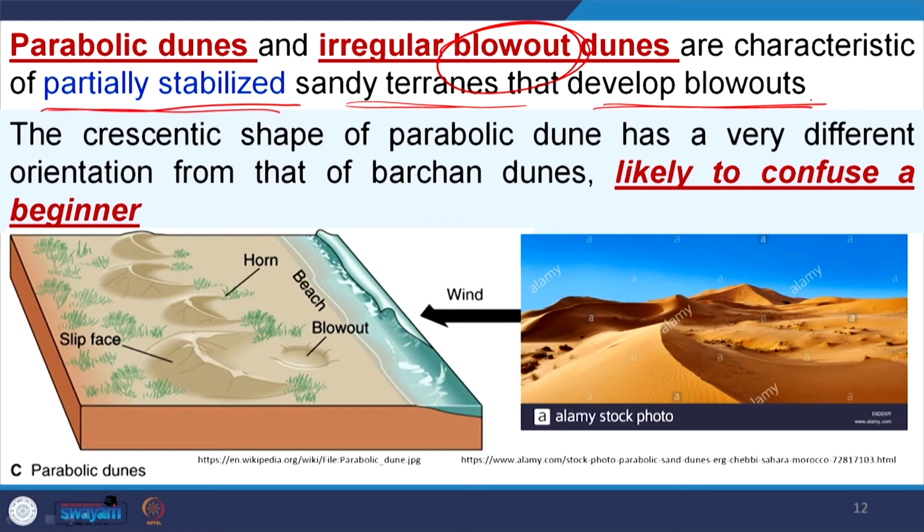Here the difference is that this is a parabolic dune. Here the wind direction is from this direction to this. You see, this is the wind direction and your parabolic dune looks like this. But had it been a Barkhan, if this is the wind direction, the Barkhan would look like this. So that means it is in the opposite direction, and this opposite direction distinguishes it from the Barkhan. But beginners who have started working recently may not properly distinguish it. So there should not be confusion between this being the Barkhan and this being the parabolic dune.